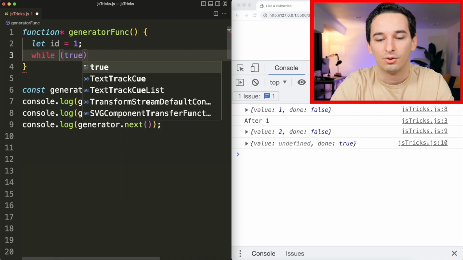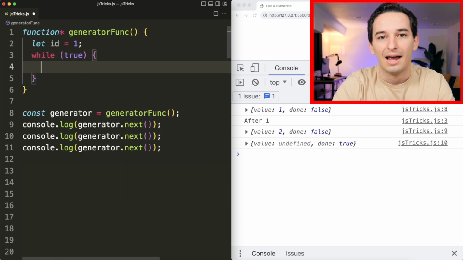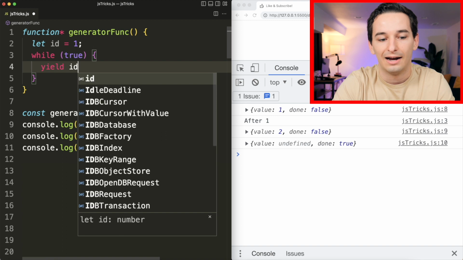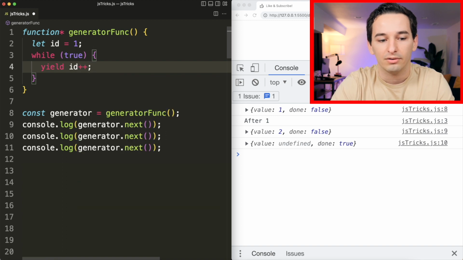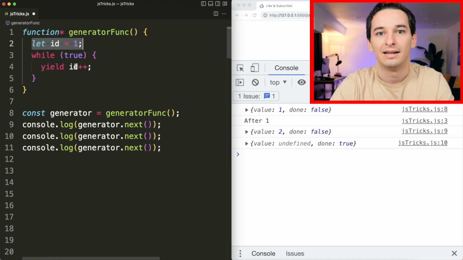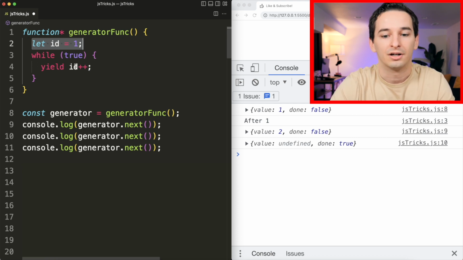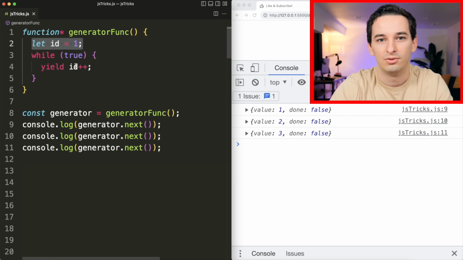So this is never going to be done. And every single time we call this generator, we are going to yield a new ID that is 1 higher than the previous one. So we can say yield ID plus plus. And all this is going to do is, just like I said, each time it's going to yield this ID, and then it's going to increment it so that the next time we have a higher ID. So you can see we log out 1, 2, then 3,